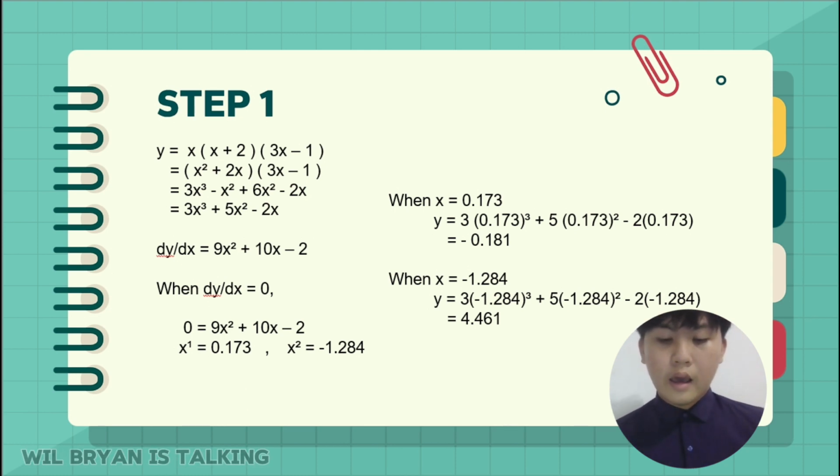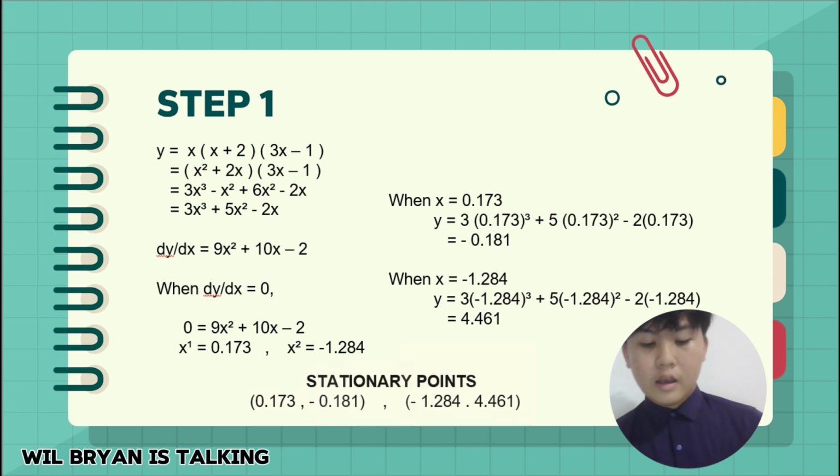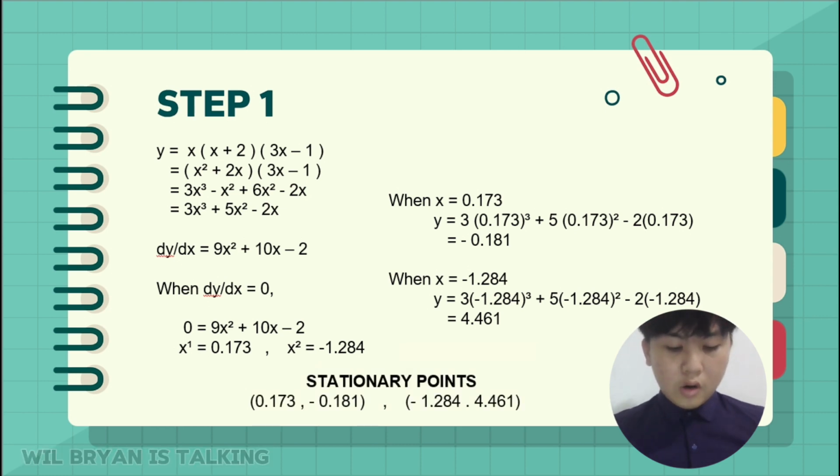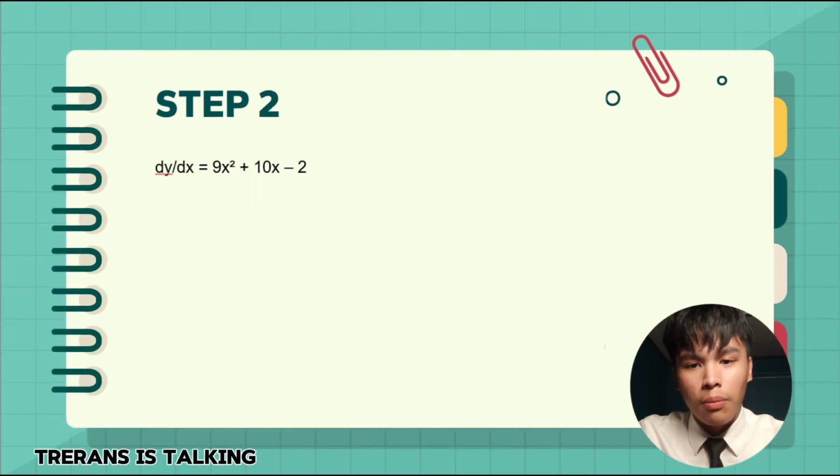0.1808, and for x2 we substitute it again into the y equation and the answer will become 4.4607. So the stationary points are x is 0.173 and y is negative 0.1808, and the second point is x negative 1.2842 and y is 4.4607. In step 2, I'll be using the formula made by my friend Will, which is dy over dx